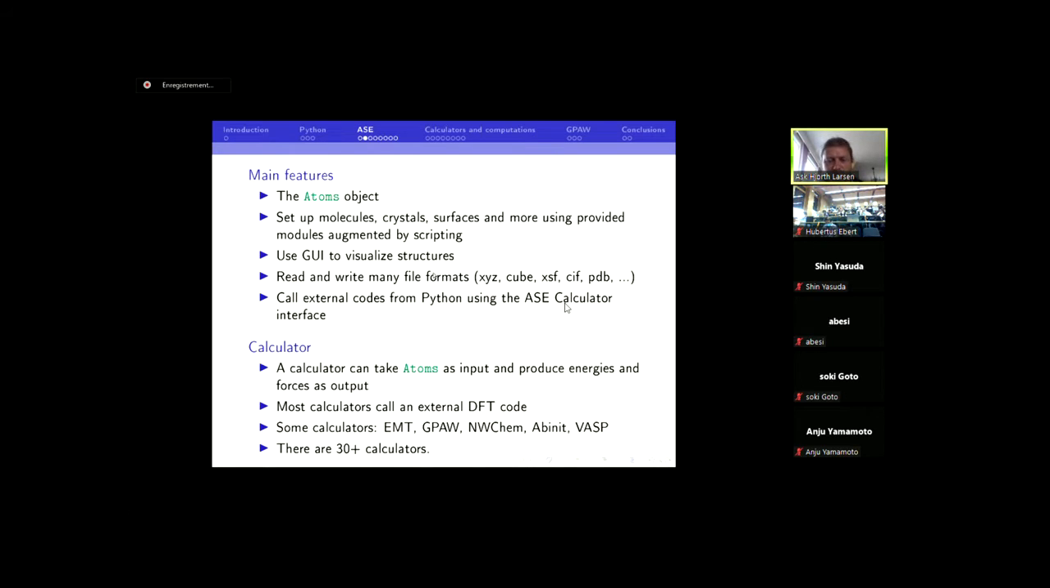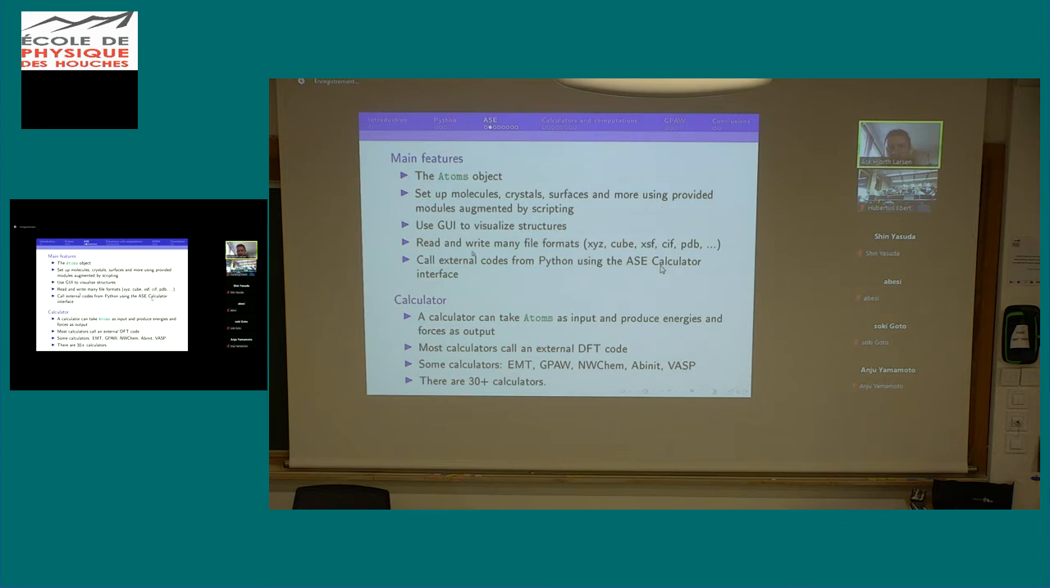Then there is a GUI, support for a lot of file formats, and then there is a calculator interface. So the calculator interface, well, a calculator is a kind of black box which knows how to calculate forces and energies and probably other things. So in order to do calculations, you equip atoms with a calculator, and then you can call certain methods on atoms to extract, to calculate and